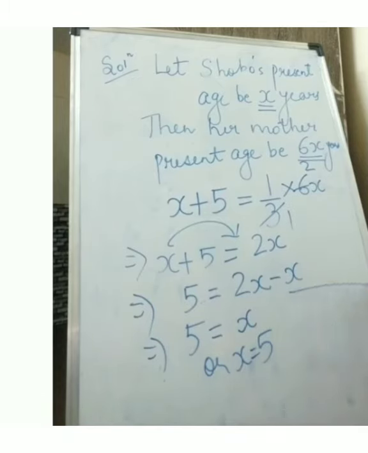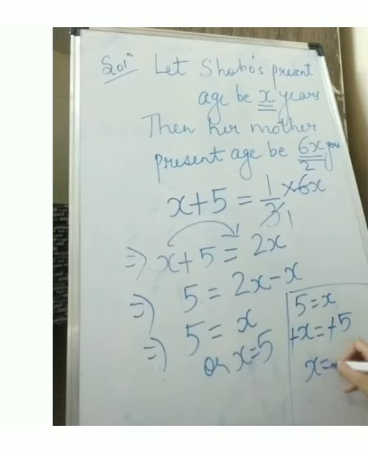I have explained this also, how we can solve it. This is 5 equals x. This is RHS, this is LHS. When the RHS value moves to LHS, it will become minus x, and when the LHS value moves to RHS, it will become minus 5. So minus minus will cancel, so x will become 5. That is what I have written here. So the value of x is 5. Okay.